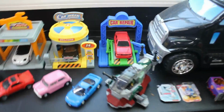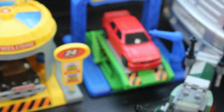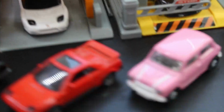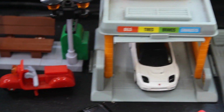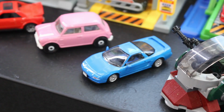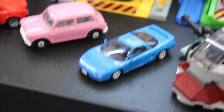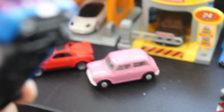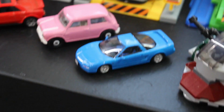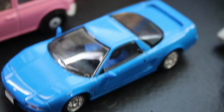So yeah, I got an E30 M3 on there. I think it's a JDM front end Integra right there. Then I got the NSX-R right there. Then the ones right here, I have an NSX, but it's a really rare color. I can't remember which one it was, but this one my brother got me from Japan, which is super nice. It has the blue interior. Like the detail of the